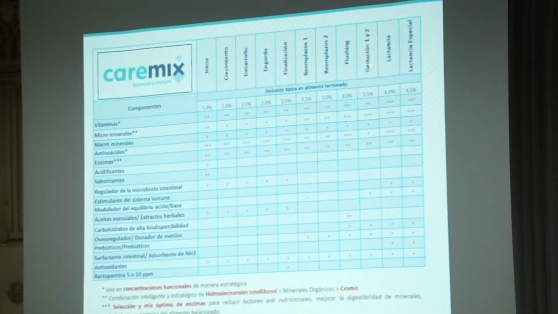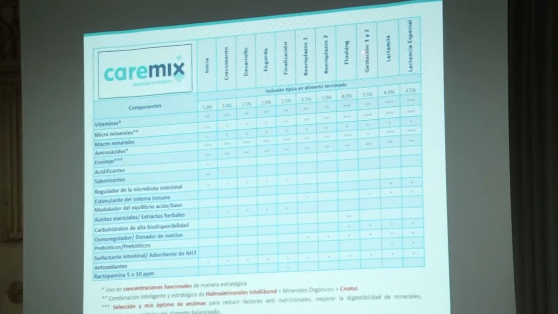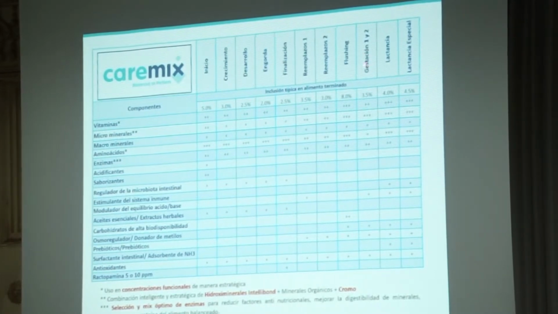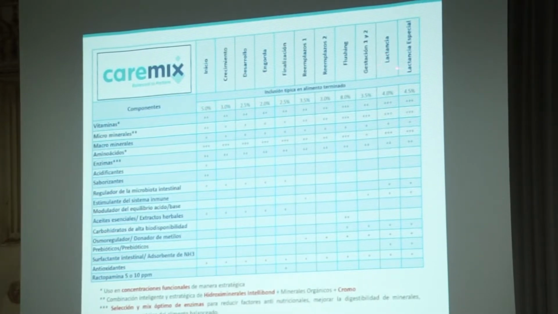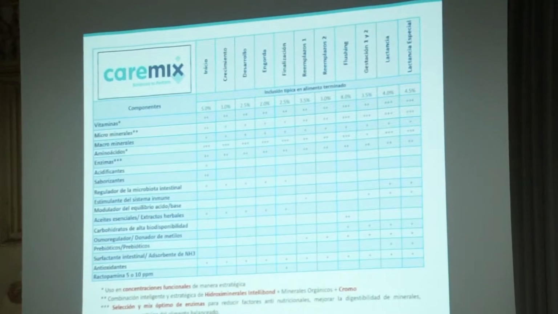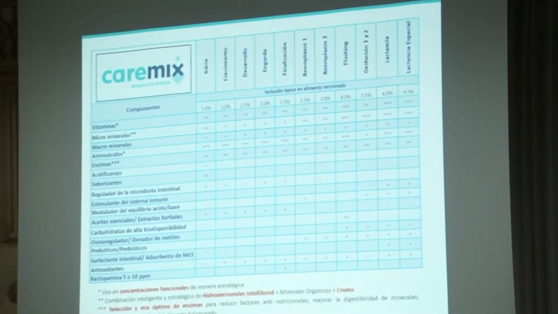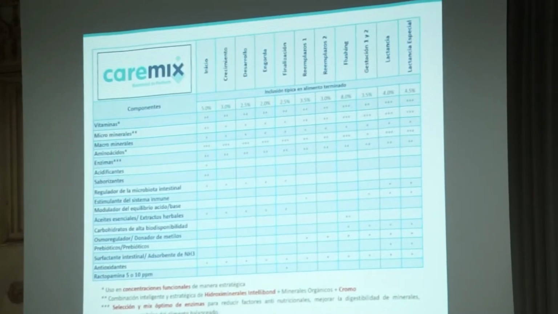En el caso de gestación, dependiendo también de la operatividad de las granjas, podemos tener 1 o 2 gestaciones, una fase de transición. Y en el caso de lactancia hay 2 opciones, lactancia estándar y lactancia especial, que se sugiere sobre todo cuando tenemos una tasa de reemplazo muy alta o alguna situación de estrés que nos esté limitando el consumo de alimento.